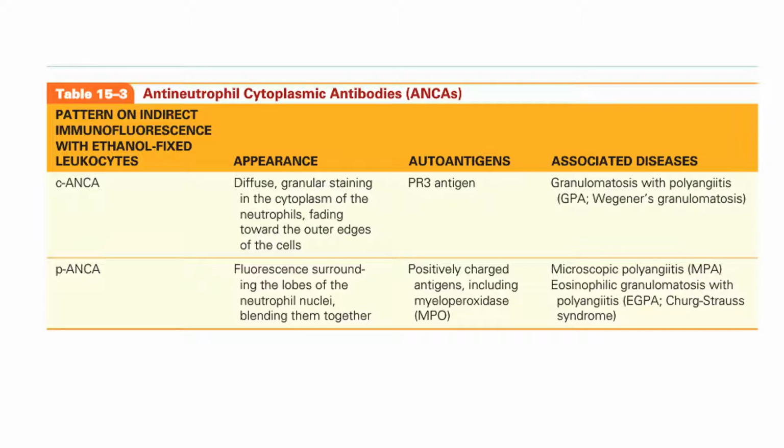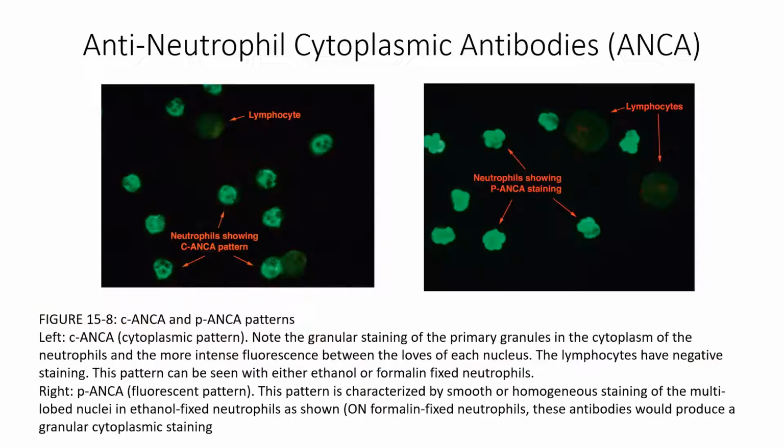And again, a chart that shows you the appearance or the pattern and what you end up with. You end up with a diffuse pattern or the lobes themselves glowing, and that'll determine the type of positive you have, and hence the specificity of the antibody. An example here we see them. This is a homogeneous pattern, right? And in this case, we see the components glowing.